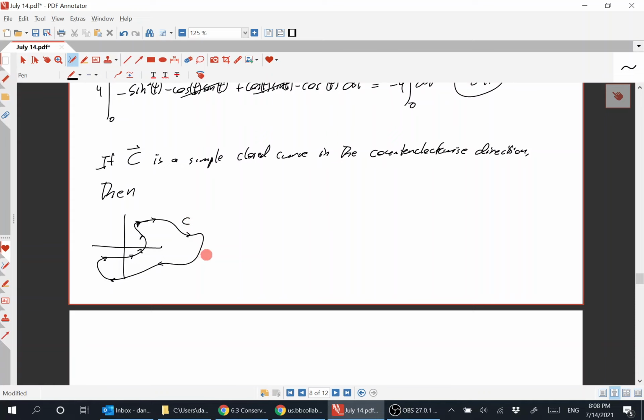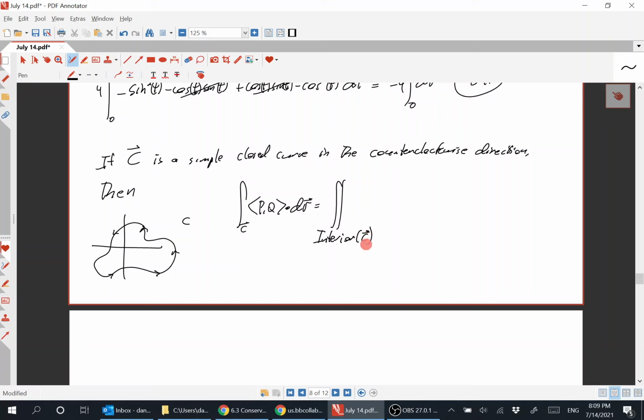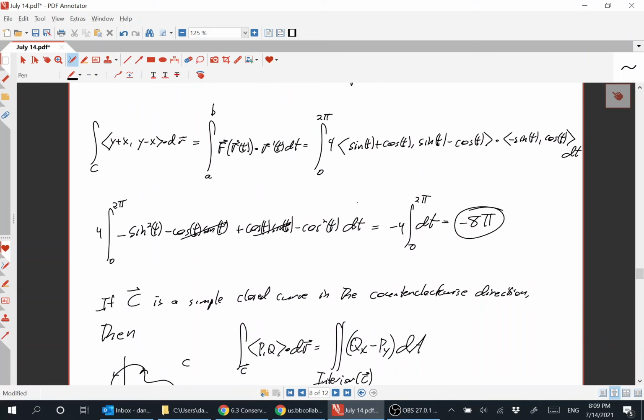Oops, I got that in the clockwise direction, don't I? Then the line integral over C of P comma Q dot dr is the double integral over the interior of C of Qx minus Py dA. Right, so it turns the line integral into a double integral, or the double integral into a line integral, whichever way you want to go. So here with this one,